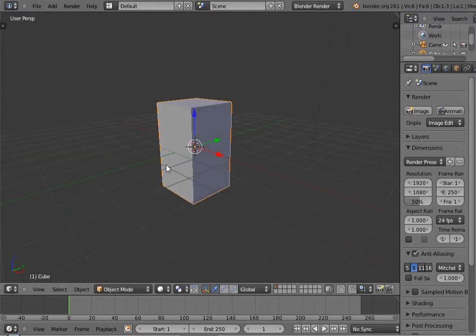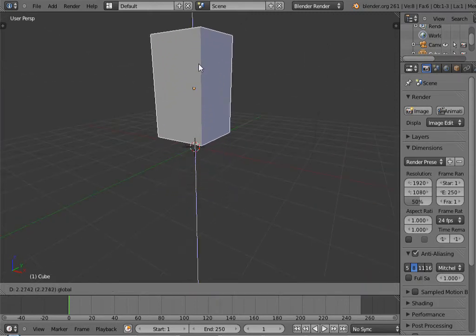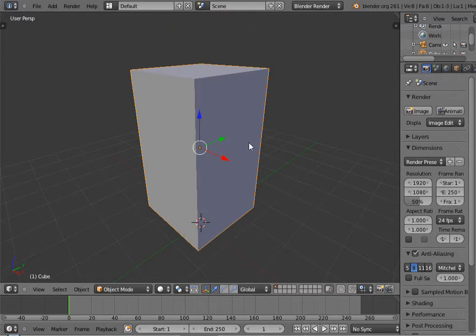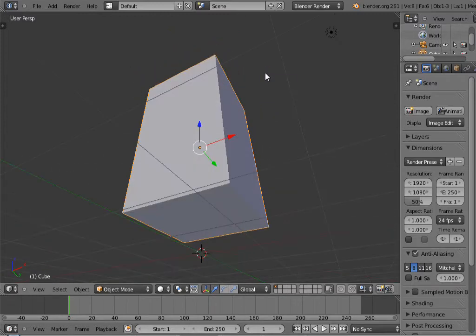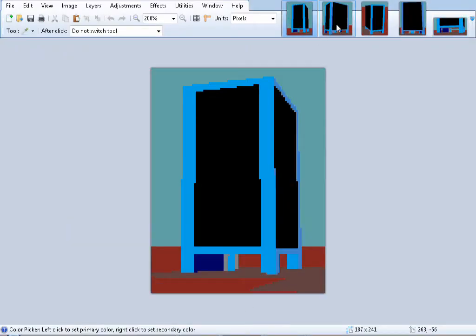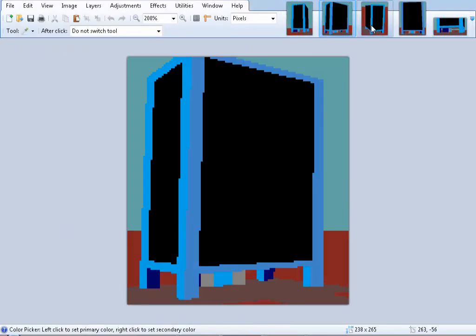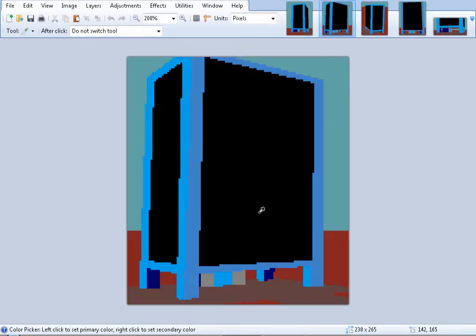Now this grid is serving as a sort of virtual floor, so I want to bring this up a bit. Now we have a cuboid, and I'm going to go down and look at some of these reference images I've got. This is the object we'll be making. As you can see, it's very simple, but it's got these little stands and this sort of elevator protrusion at the bottom. So